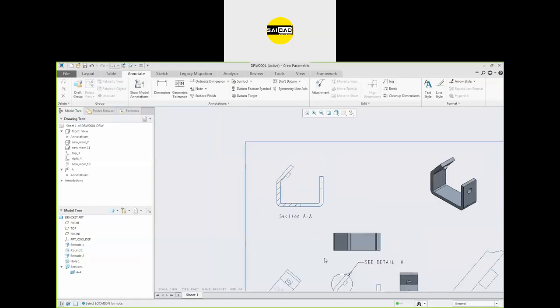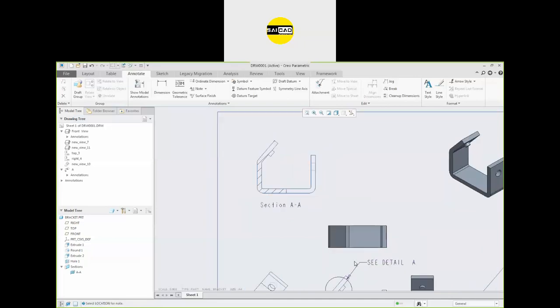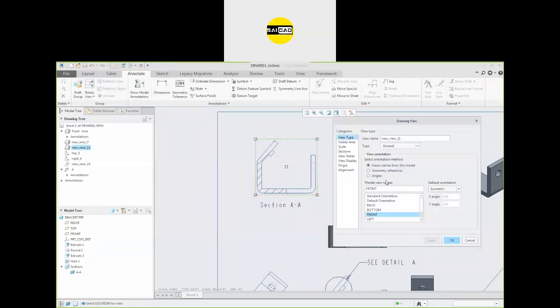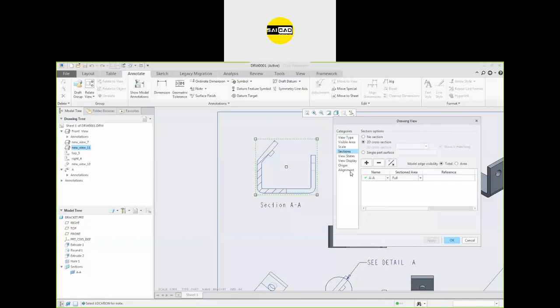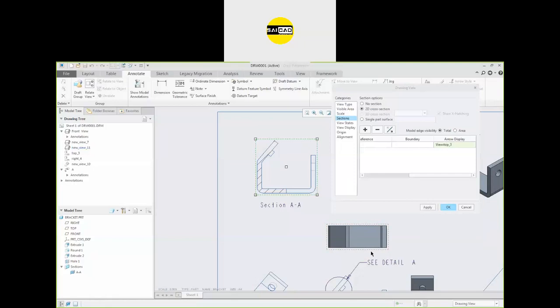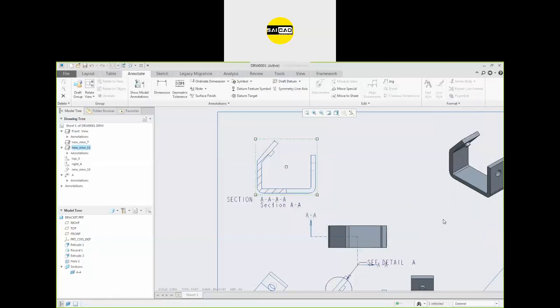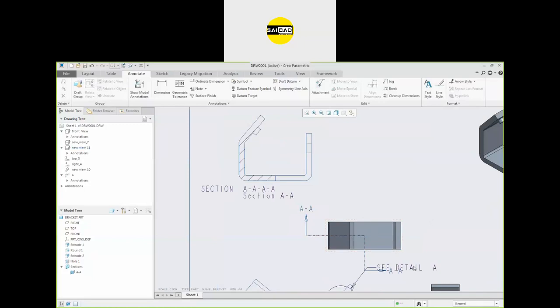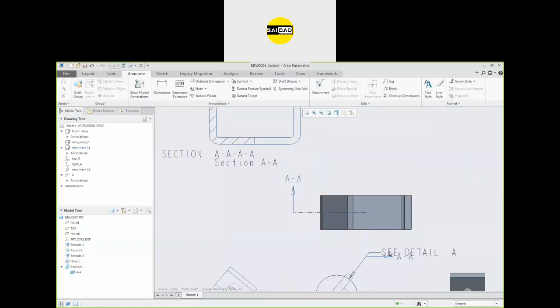Okay. So what if you want to show the section line, that this section is from here? So to do that, we have to show the line. So I go to the properties, and in the section, okay, we have this arrow display. Now where you want to show those arrows, I want to show those arrows somewhere here. Click apply, click OK. Now you will see we have the arrows here, that is section A is from these points.